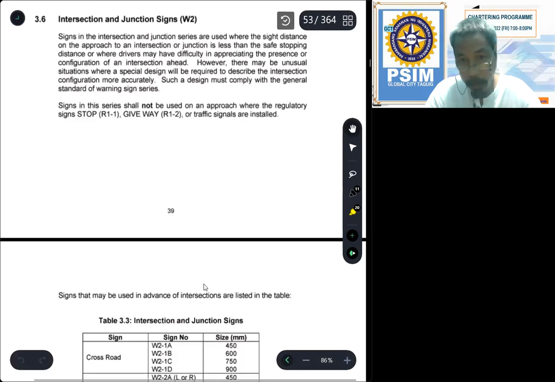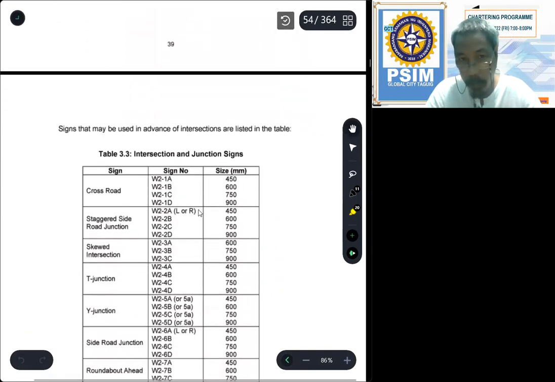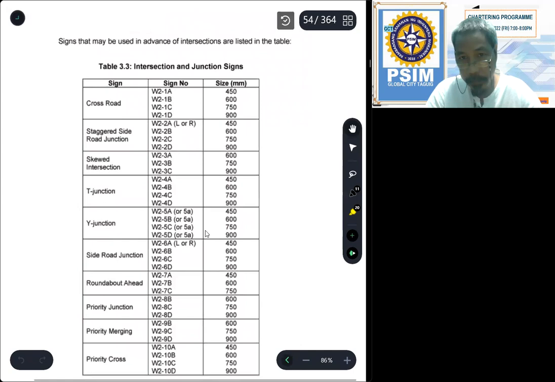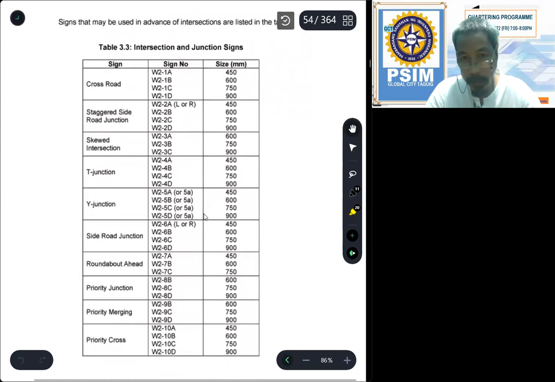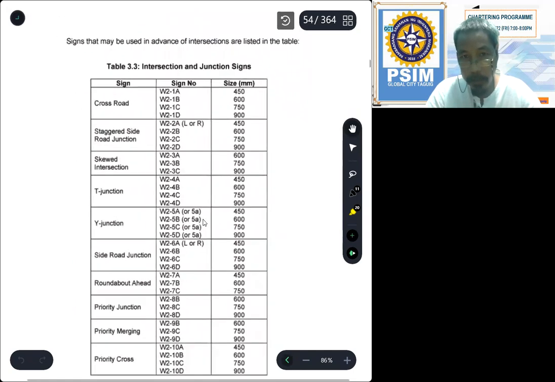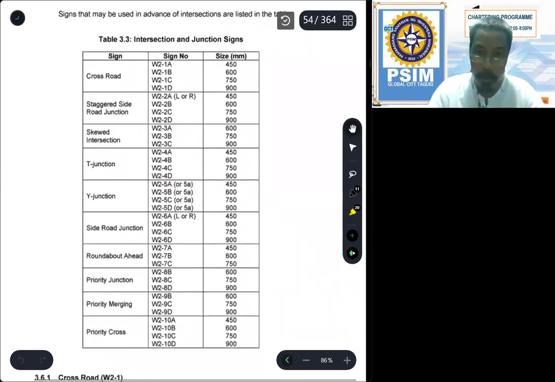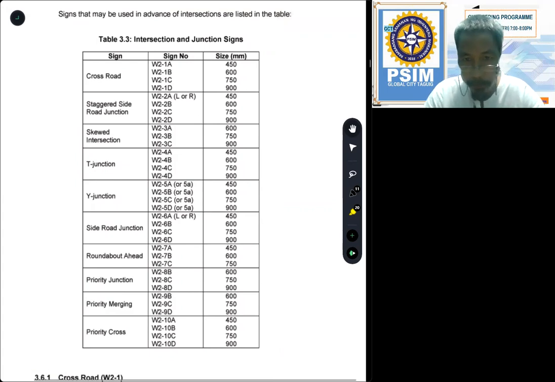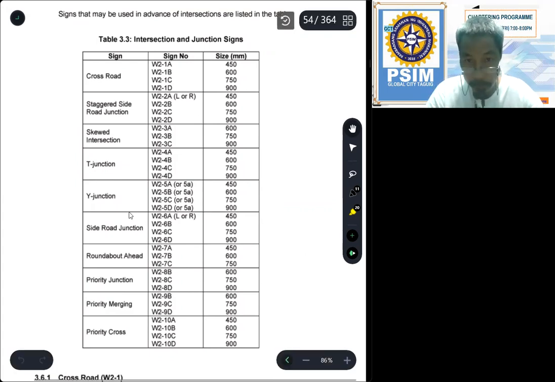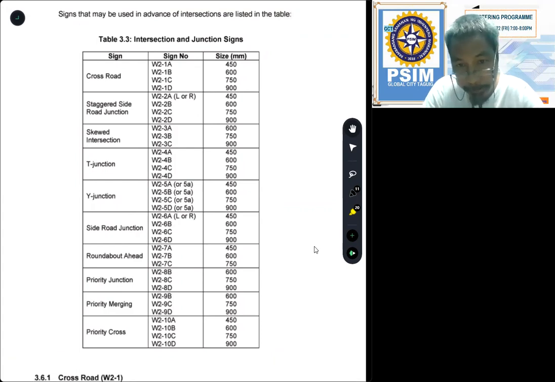Now, what about this type of signs? So that we can use in intersections and junctions. So there are how many? 6, 8, 10. So 10 different types. There are 10 different types of W2